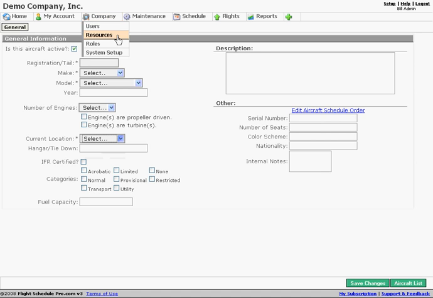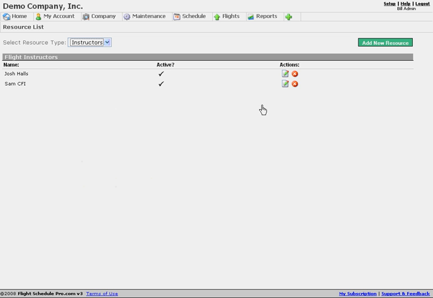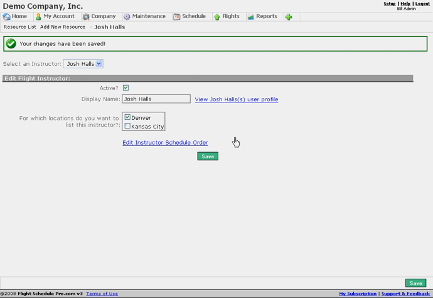Now if we go to Company and Resources, we'll list these instructors, and I'm going to edit Josh Halls. We can see that Josh is currently assigned to Kansas City. Now in this case, these locations are pretty far apart. If they were close together and Josh flies out of both locations, then we could have it set up like that. In this case, for the example, I'm just going to assign Josh to the Denver location. So we've assigned two resources to our new location, and what that enables us to do is filter the schedule